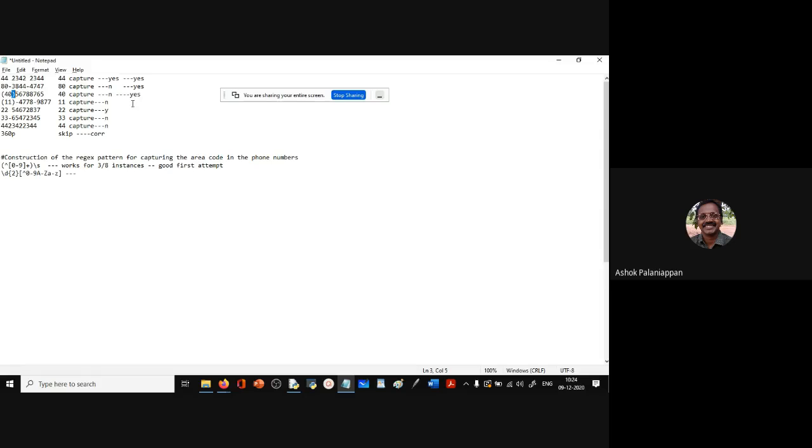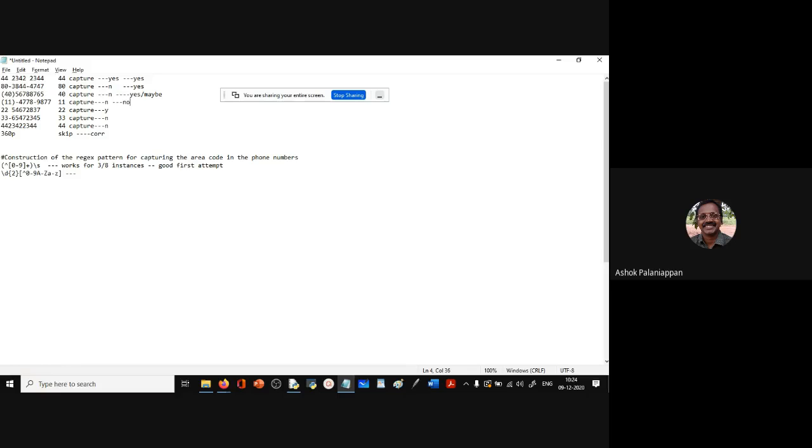But if you have a space here, then it will also match the 65, because it is 2 digits followed by a non-alphanumeric. So when we know that it has to be at the beginning, it is better to always put a caret symbol, but then we have to account for the fact that we also have a parenthesis. We'll think about how to do it. But let's see the next one he has given. Again, this one, yes, but maybe because it is not the beginning. And again, this is also yes, and we'll say maybe. This is actually a no.